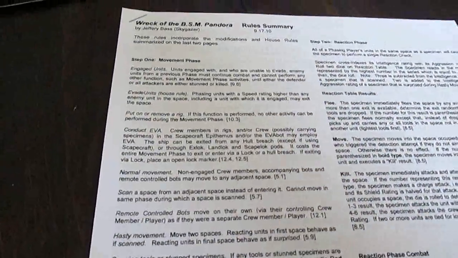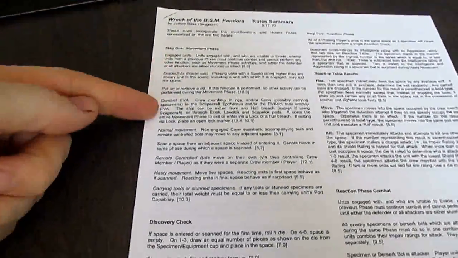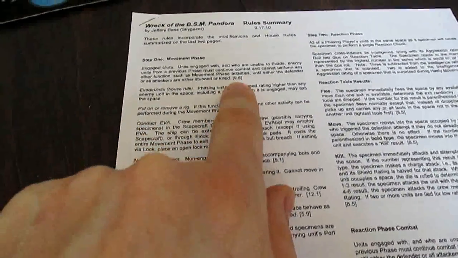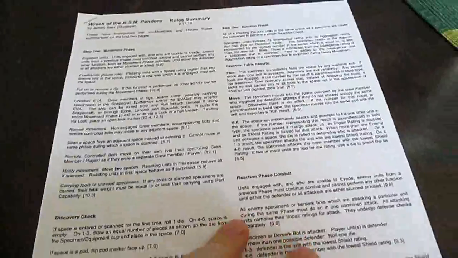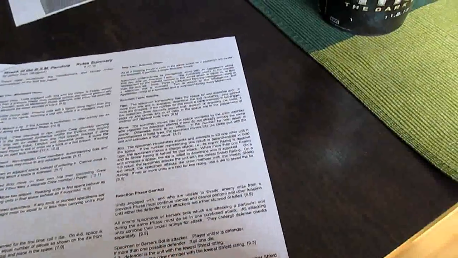I'll just kind of show you briefly. So for example, on this first page is step 1 and step 2 of your actions. It just gives you the highlights, and then if you want to read more, it gives you the section where you can read more details, like this first one you can read in section 9.6, etc. all the way through. So it's been really helpful in that respect. So it's 2 pages of that, and then